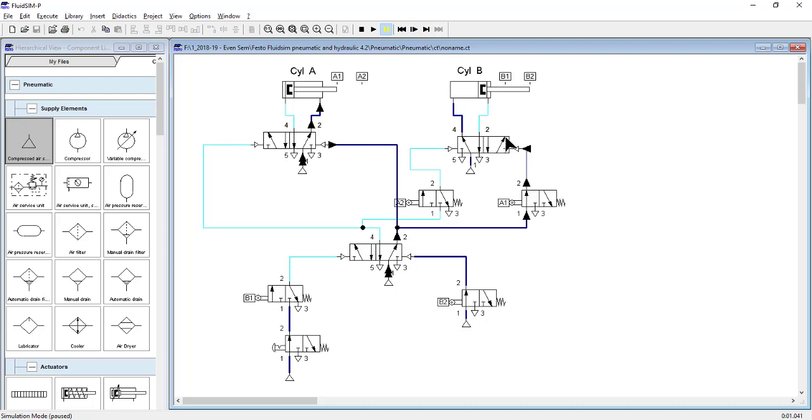And now this position will change over here. This 5 by 2 direction control valve will change, and cylinder B piston shall start moving inwards. Okay. Again, it will move completely inwards. It will activate B1. B1 will get active. B1 will allow compressed air to go in this direction. This position will become active. Again, through 4, everything will get started.